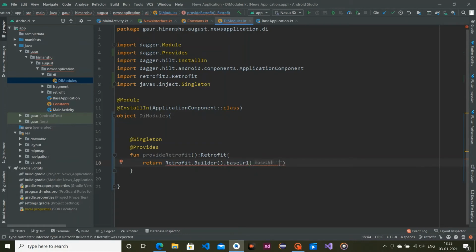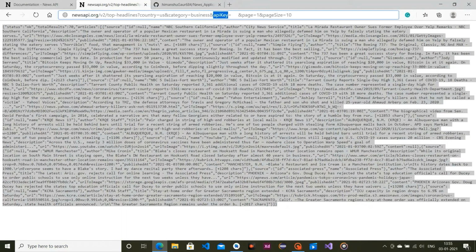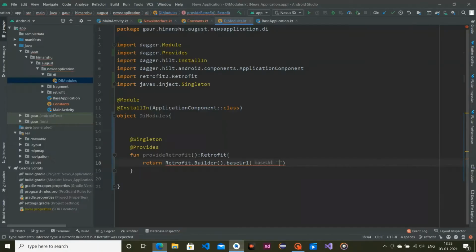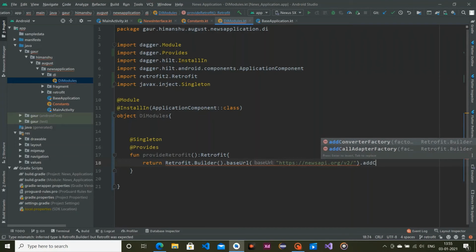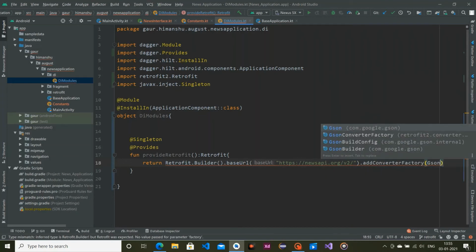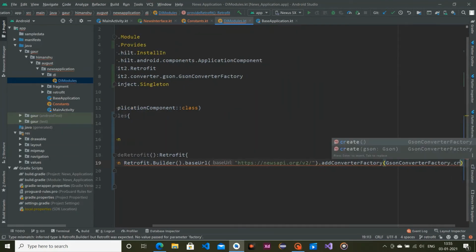In our case our base URL is this, newsapi.org/v2. So paste it over here, and change HTTP to HTTPS, add converter factory, which is GsonConverterFactory.create,